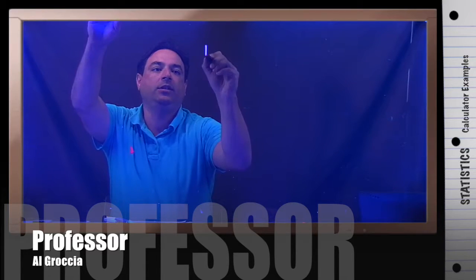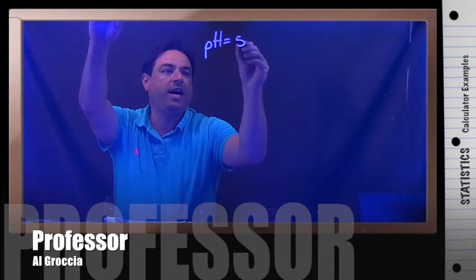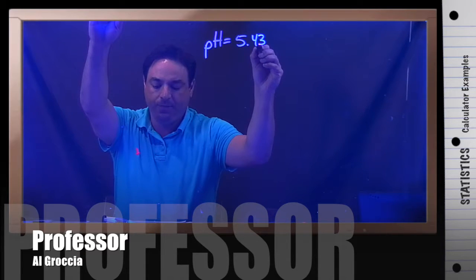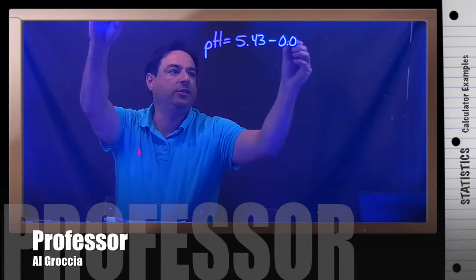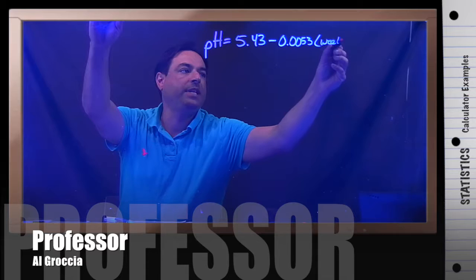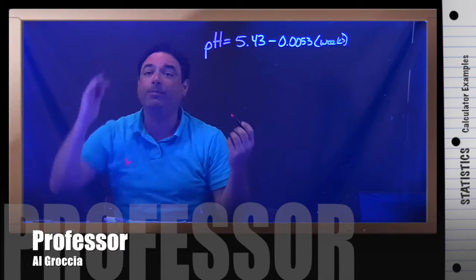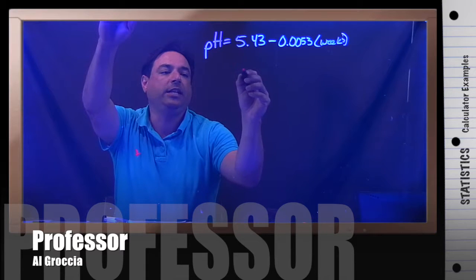So, we are given this linear regression, pH equals 5.43 minus 0.0053 weeks. Now, with every word problem, step one, the most important step, is we need to label what is